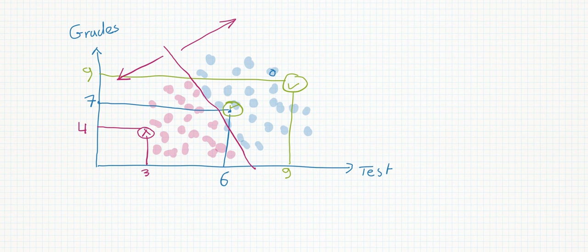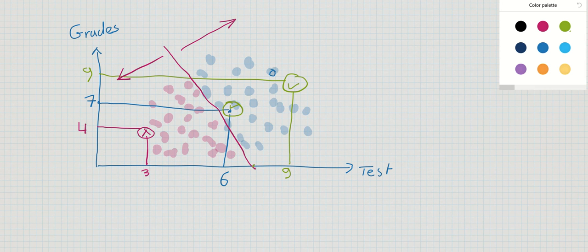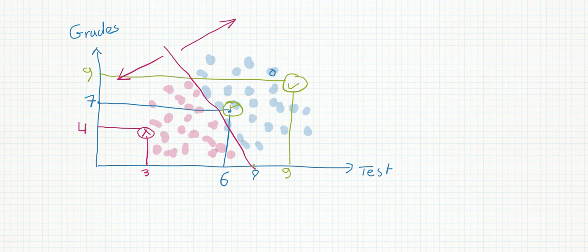So the question now: how do we find the model for this line? Let's do some math here. Suppose this line intersects here with this point 8. If we label this axis as the x1 variable and this axis x2, the equation for the line